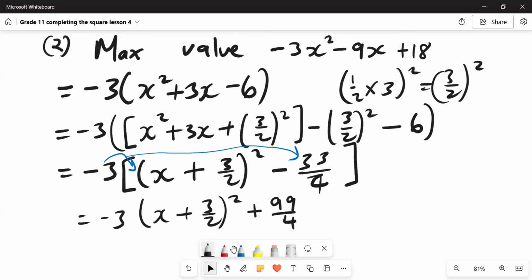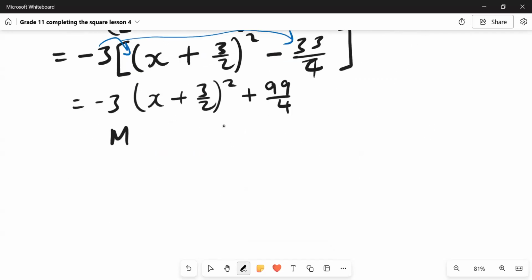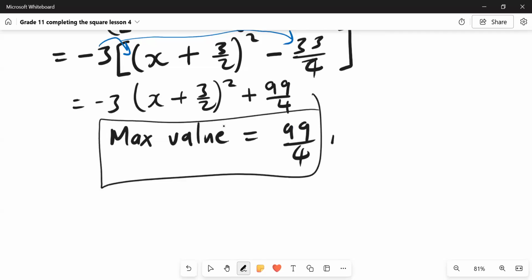Now, what is our maximum value? Our maximum value there is equal to 99 over 4. Then you've answered the question, right? And then the last example,